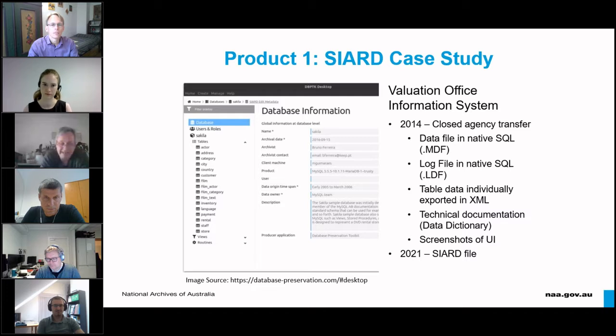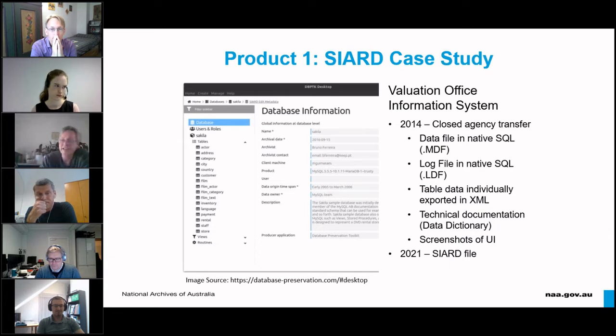And that process worked fine, though, of course, this was a relatively small business system. Now, about this approach, we do believe that creating SIARD files at the archive will probably be the norm, at least in the medium term, because we foresee agencies being reluctant to download and use the database preservation toolkit for IT security reasons.